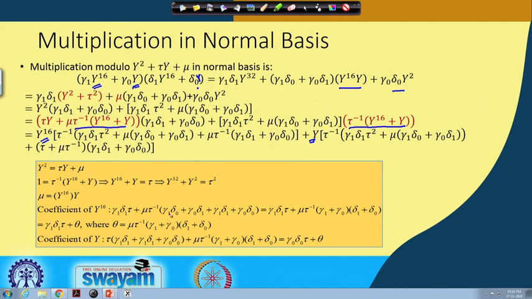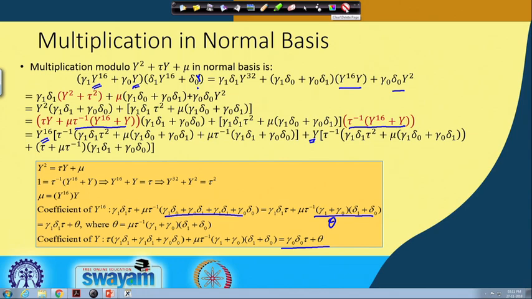Okay. So now you can easily see that this can be rewritten as gamma 1 plus gamma 0 into delta 1 plus delta 0. So this part you can simplify as here. And therefore you get the final result, which you can simply denote as gamma 1 delta 1 tau plus theta. And this theta is nothing but this part. Okay. So likewise, the coefficient of y can also be interestingly written as this part, and I am not going into the details, but I leave it for you to verify. You can write that as gamma 0 delta 0 tau plus theta. These are the two components of my corresponding result.